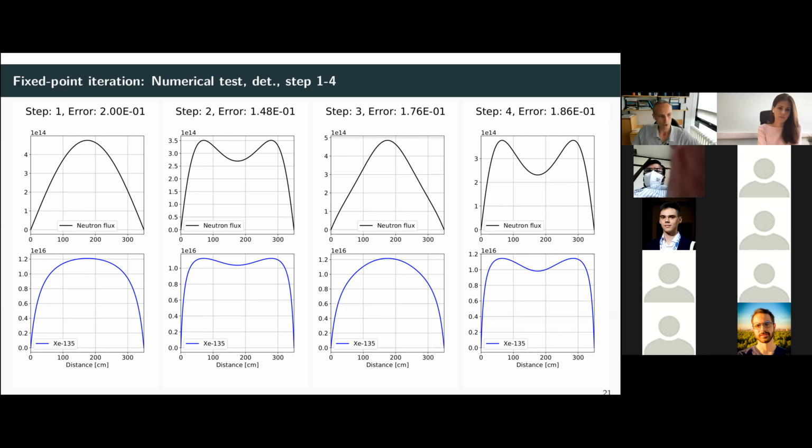So when you introduce the xenon distribution in this shape into the reactor and you calculate the neutron flux in the system, naturally the neutrons will be absorbed on xenon in the center to a larger degree than they will be absorbed in the locations that are further away from the center. So that's why the neutron flux will actually peak not in the center, but further away from the center, right? So again, you will use this neutron flux distribution